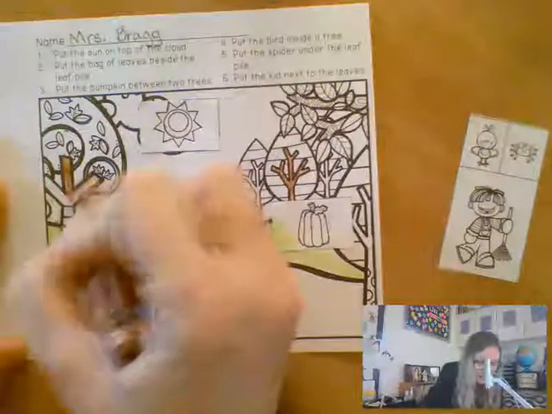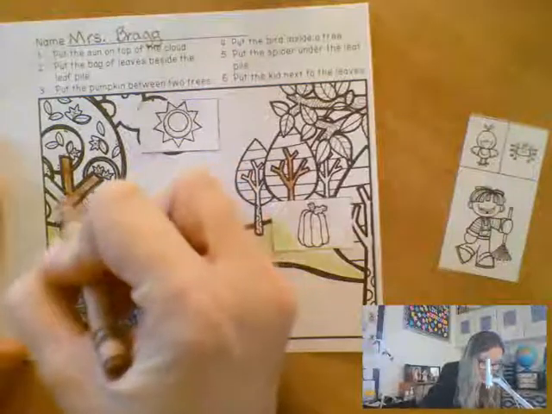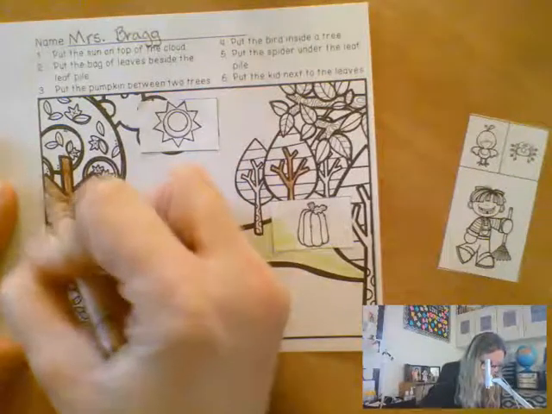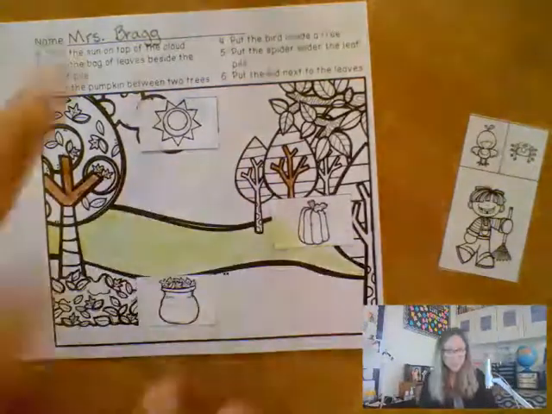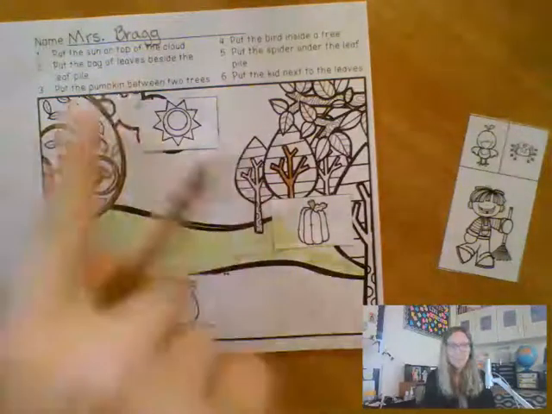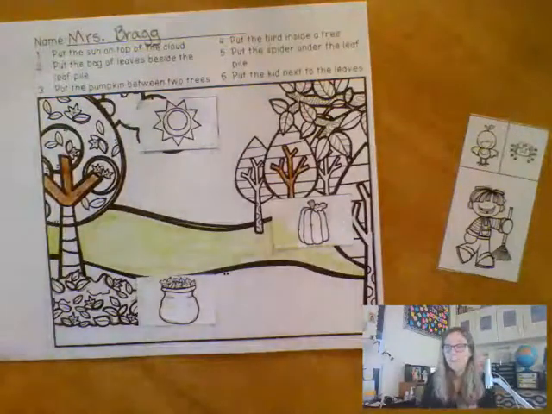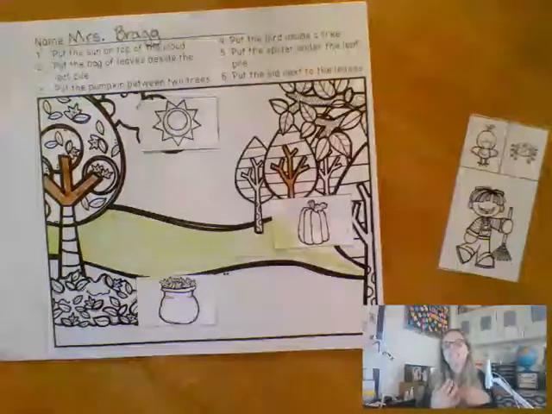Okay, so have fun with this, boys and girls. I look forward to seeing the way that you decide to color the pictures, and I look forward to seeing how you read the sentences and followed the prepositions, those positional words,